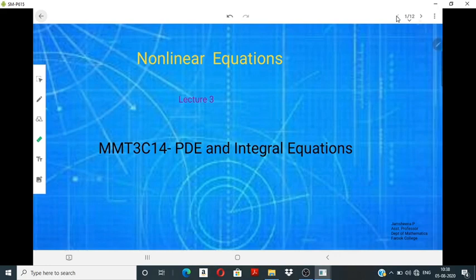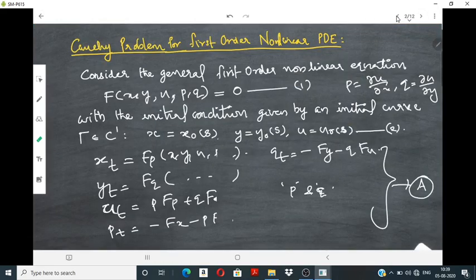In the previous lectures, we have formulated the characteristic equations. There are 5 equations, and when we solve these equations separately, we will get 5 ODEs. For getting the complete solution, we need 5 initial conditions also. First of all, we start with the Cauchy problem, the general Cauchy problem for the first order